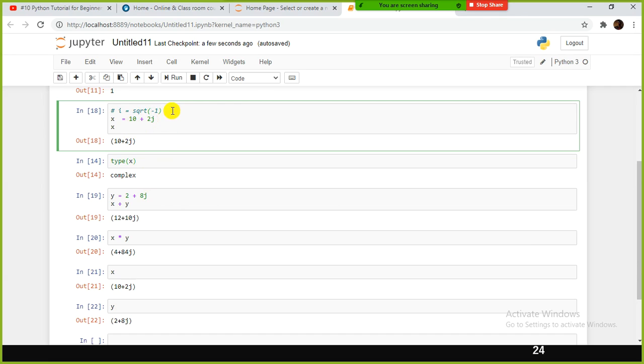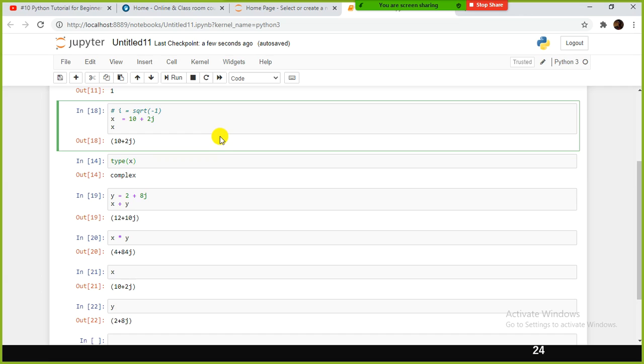Square root of 1 is 1, but it won't be minus 1, that's why they put it as imaginary by value. It is not plus 1, it is minus 1, square root of minus 1.